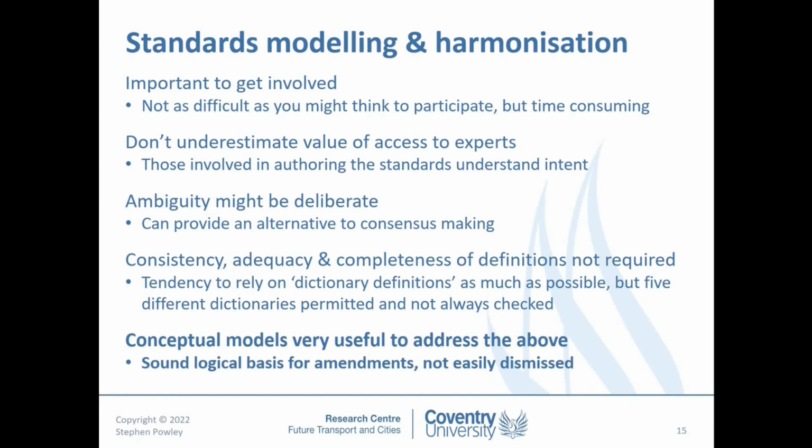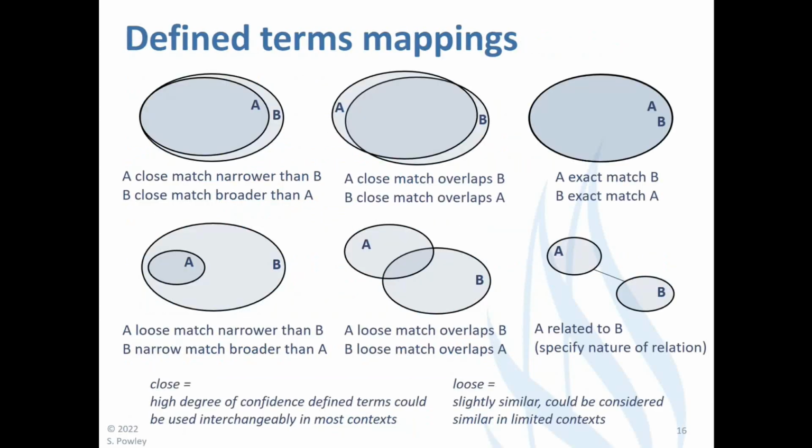And that's a really powerful tool because it then gives you a sound logical basis for making amendments. So people are reluctant to make changes if they don't see the value in them. And I've found that by creating an ontology of a standard, it provides a very powerful tool for discussion around possible improvements. So we've got two standards, so 26262 and 21434. We've got concepts in those standards, and we're interested in how closely related some of those standards might be.